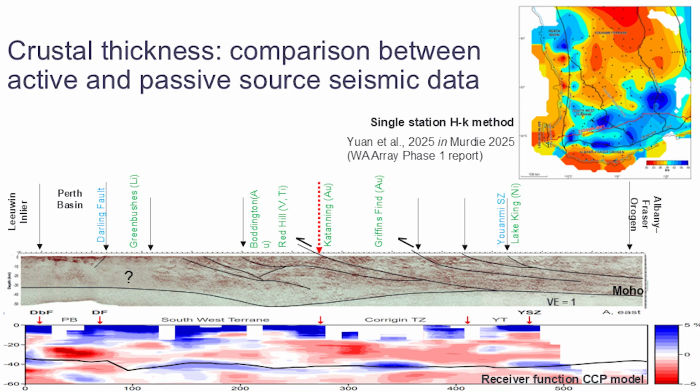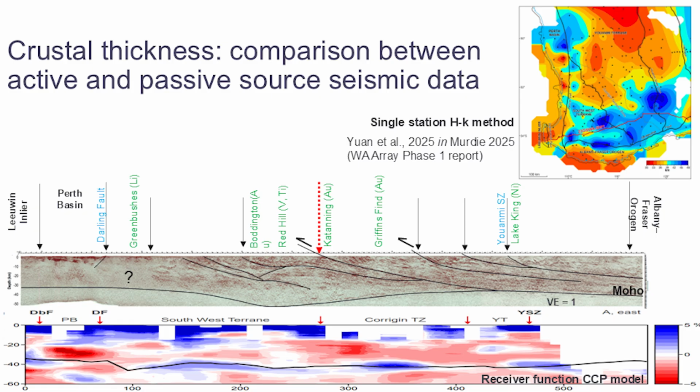On the top right-hand corner, Ruth and Klaus have already shown this map. This is the interpolated single station H-kappa method that shows the crustal thickness at each station, interpolated between stations. And in this plot in through here, this is the receiver function CCP model,